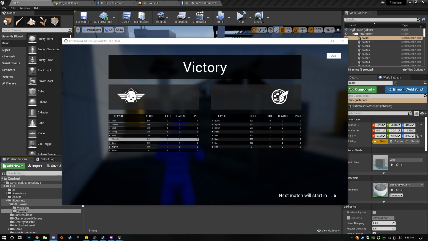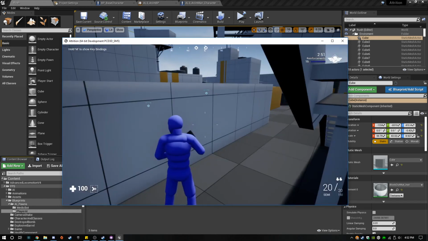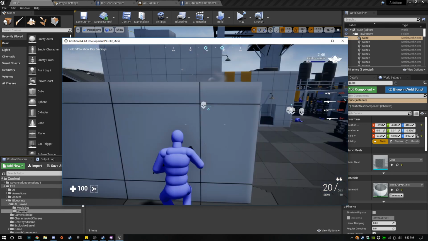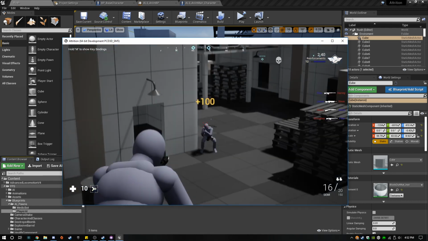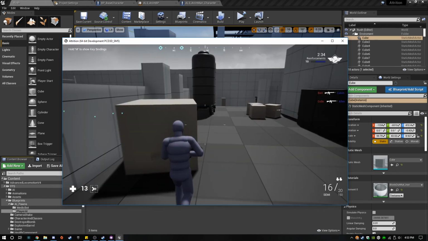I'll show you guys the mantling system a little bit. Is it lagging for everyone? It might be because I'm running Unreal here, and I'll monitor it a little bit. So here's our mantling system. I might have too many bots on here too, so I might have to tone that down.